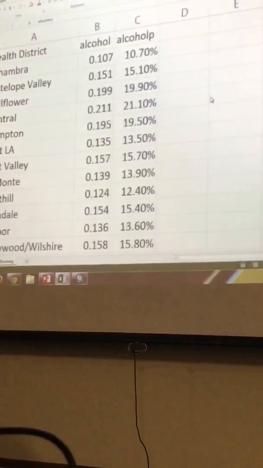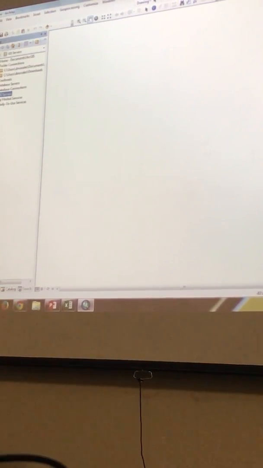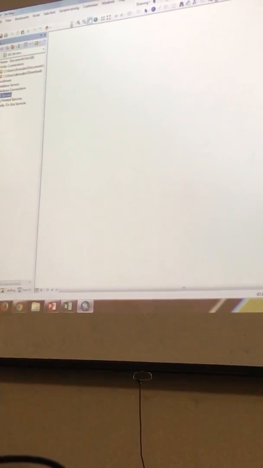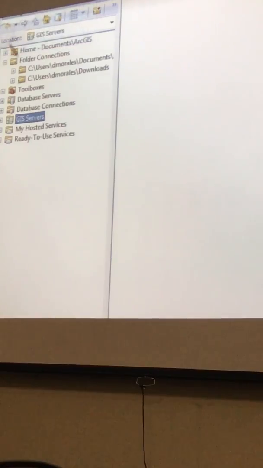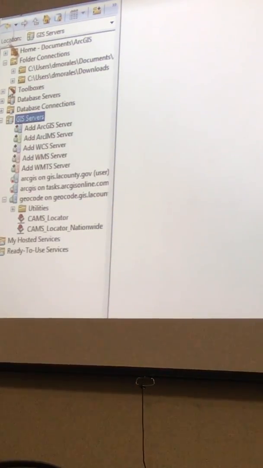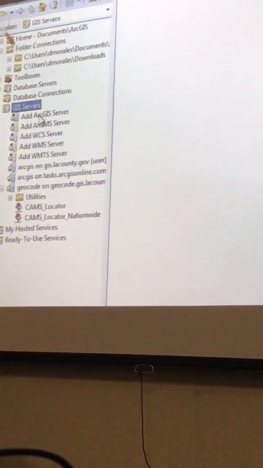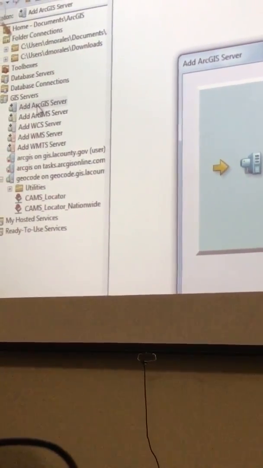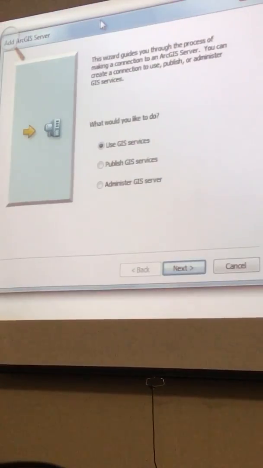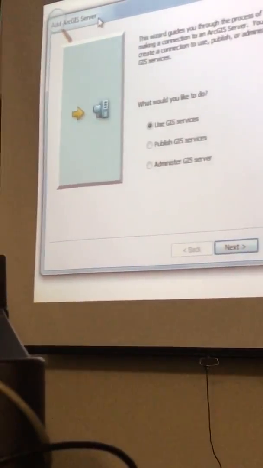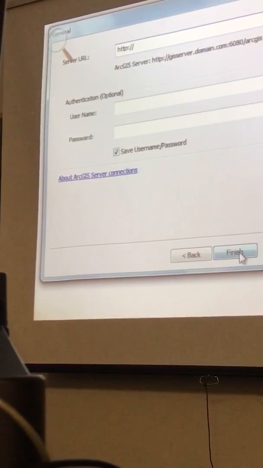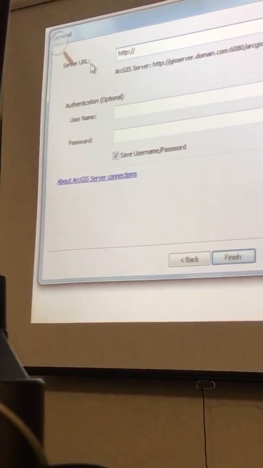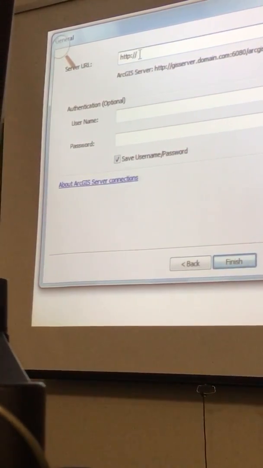Now, a little tip about geocoding. I'm going to give you access to the LA County geocoder. It's on the GIS server. So what you need to do is, in ArcCatalog, go to add ArcGIS server. When you see this prompt, you're just going to use GIS services. Take the default. Select next, and under the server URL, you're going to type geocode